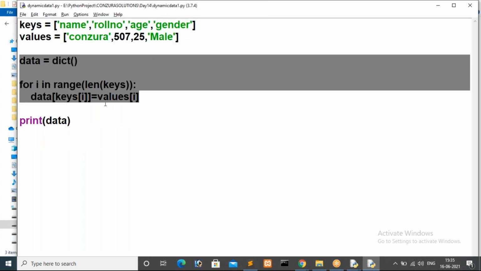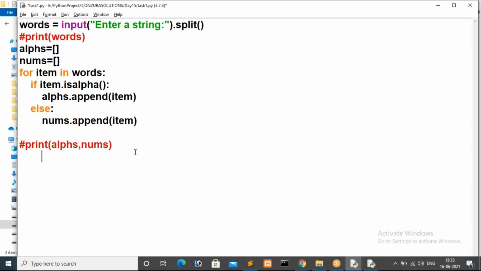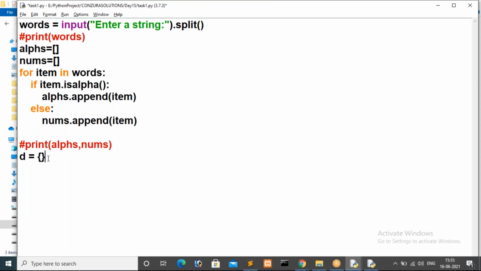So yesterday I gave this example. Now instead of finding length or something, we have to use these two. By using a default method, we will make them as a dictionary. So for that I'm going with the zip method. First we have to initialize a dictionary, guys. So d is equal to, we have to initialize. In this example also I initialized a dictionary here. To make a dictionary we have to initialize an empty dictionary. Now initializing is done.